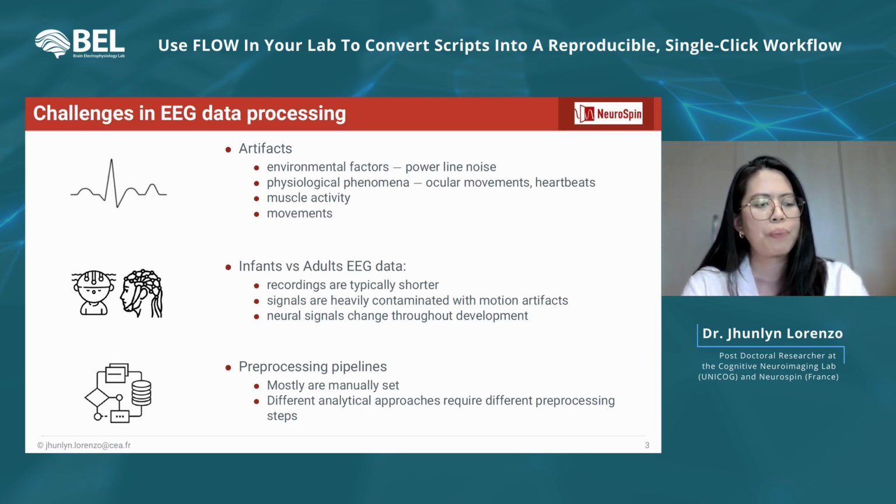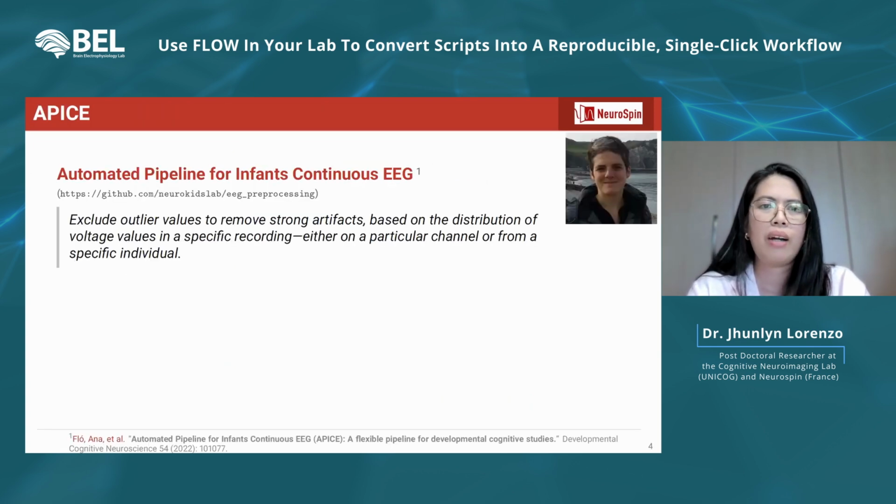So the solution here is to develop a pre-processing pipeline that is capable of handling various numbers of subjects, which automatically defines the preprocessing parameters needed to preprocess each individual data. And this pipeline should be versatile enough to handle a broad range of analysis. With that, and with AnaFlow, our team developed and introduced APICE, an automated